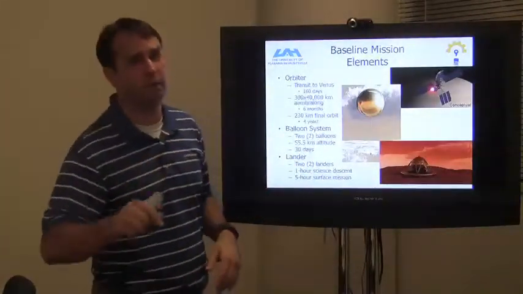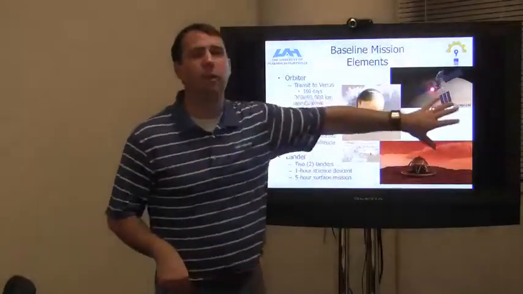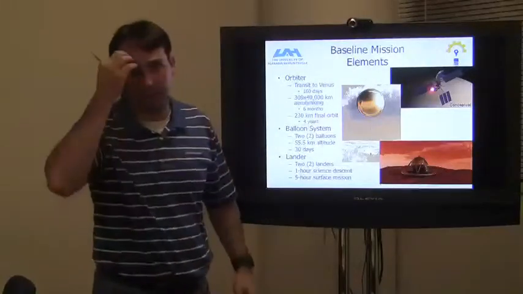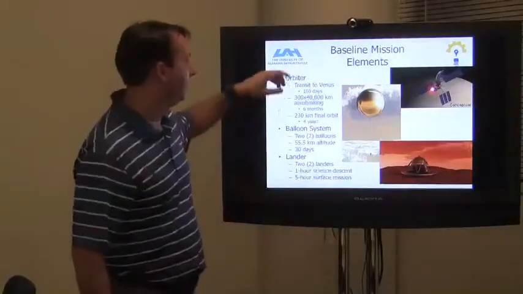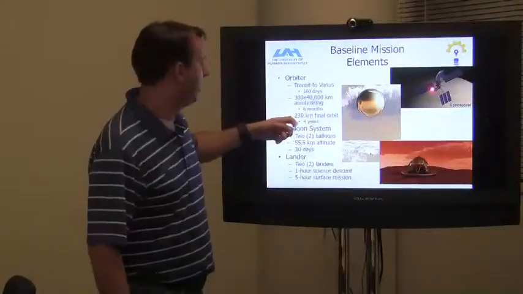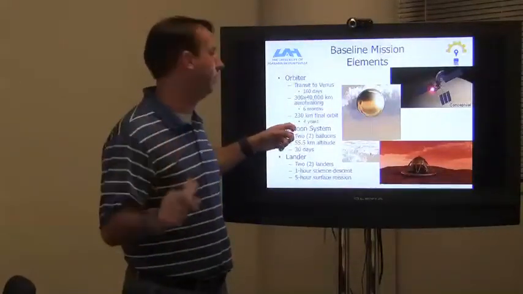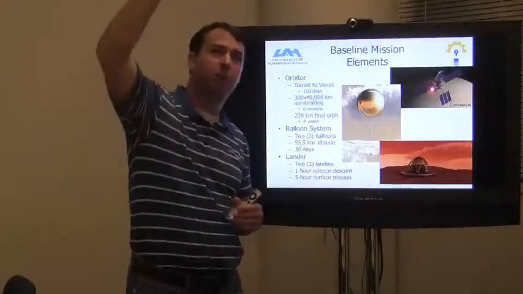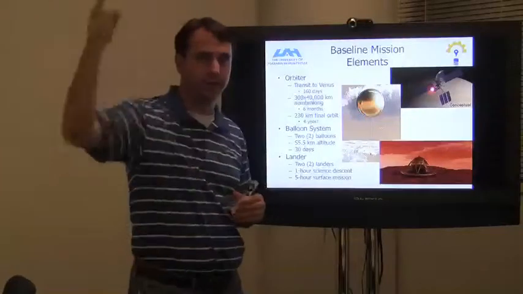You don't get more mass, you don't get more volume, but you can put it on any 1, 2, or 3 of the elements, okay? So the first element, like I told you, is an orbiter. It's got the transit to Venus, 160 days, and it does the aerobraking, like I said, but then it ends up in this 230 kilometer circular orbit around the surface of Venus. So from the surface of Venus, 230 kilometers up, and it's going around Venus for 4